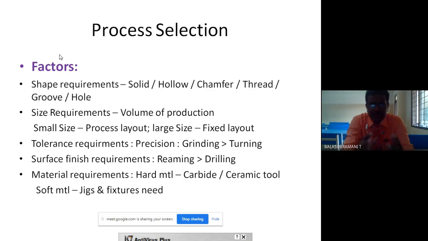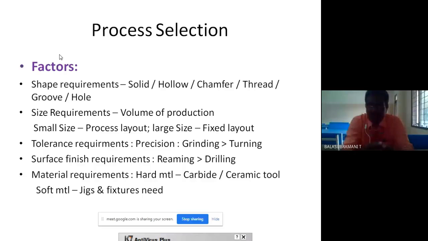First one, shape requirement. That is, to make any innovative part or to alter an existing part, the part shape is very important. Is the part solid, hollow, chamfer, cutting, groove, or cold?